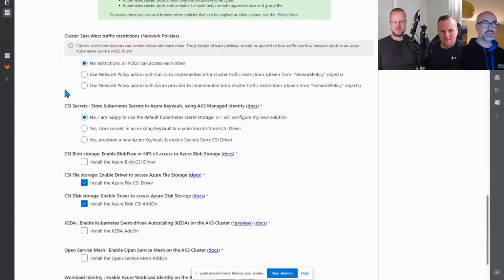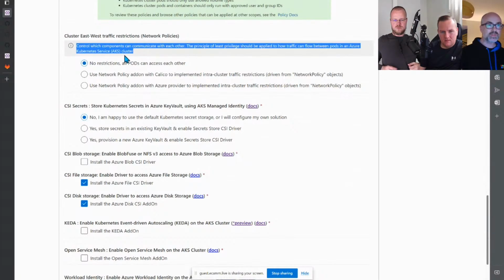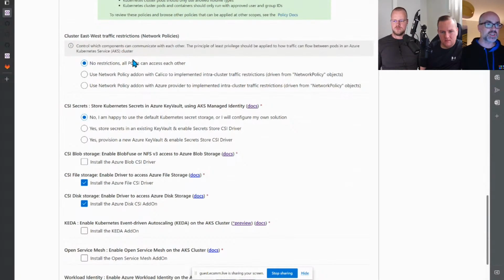We might want to choose east-west traffic restriction. So every point, we'll try and give a little nudge of description and capability where we can, just so we're not just becoming a bunch of tick boxes that you want to rattle through. It steers to the docs, and it's little guidance as we go as well. And when you choose some options, that will stop you choosing other options.